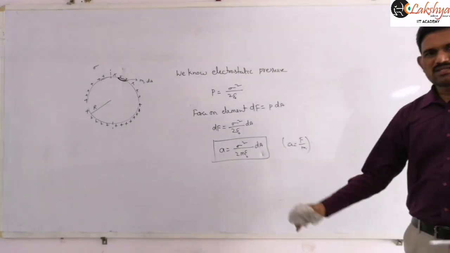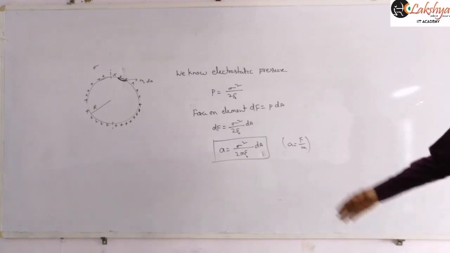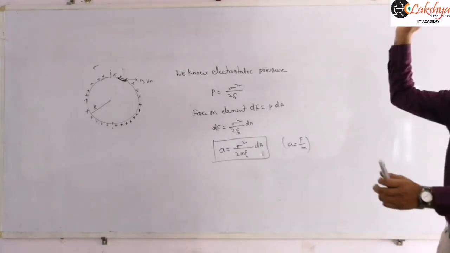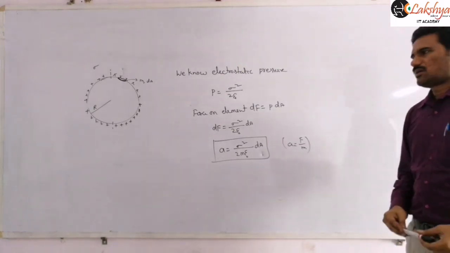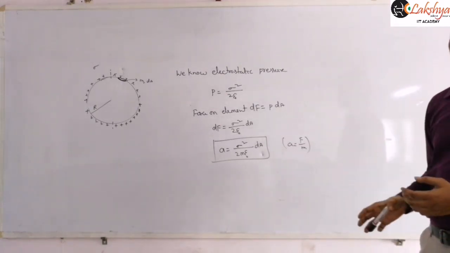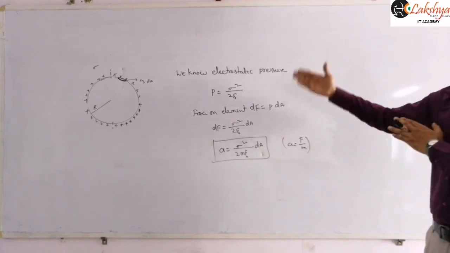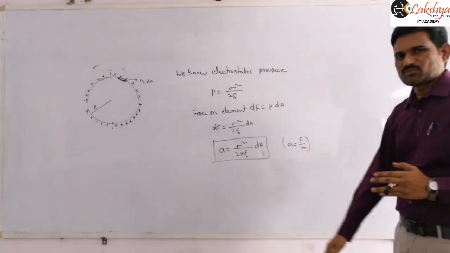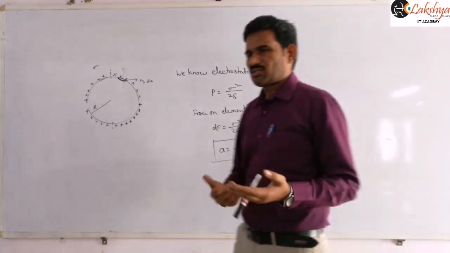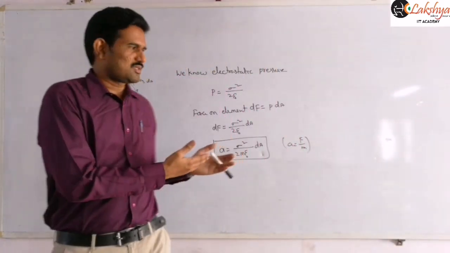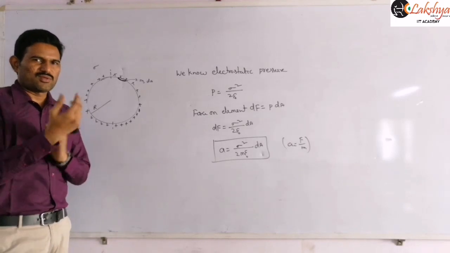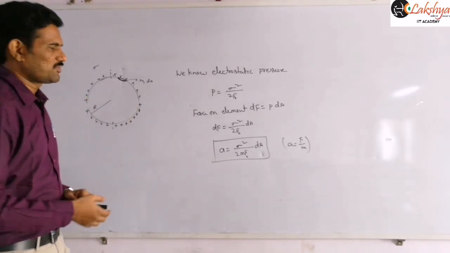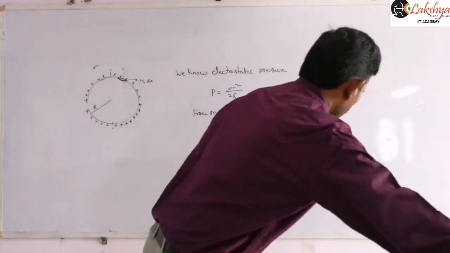It is the initial acceleration of this element, because of this acceleration it starts moving away. When it is at some distance from the sphere, the same electric field may not act on it. Then the force also changes, and there will be changes in the acceleration also. So that will be a variable quantity. This is just after removing from the sphere.